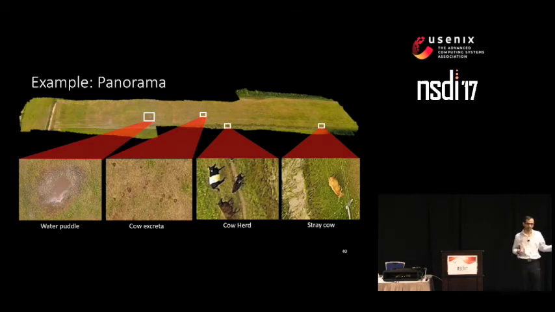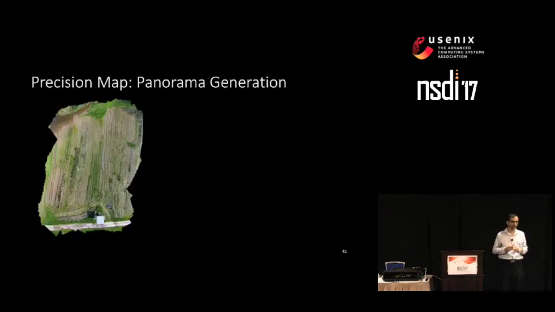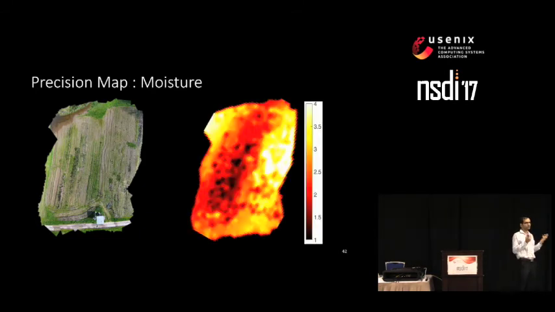And this is another example of a panorama from the Carnation farm in Washington State. This is a smaller area, like 2 acres. And we can use this to generate the precision maps that I talked to you about. This is an example of a sensor map. It's a moisture sensor map. The scale is 1 to 5, where 5 is more wet and 1 is really dry.